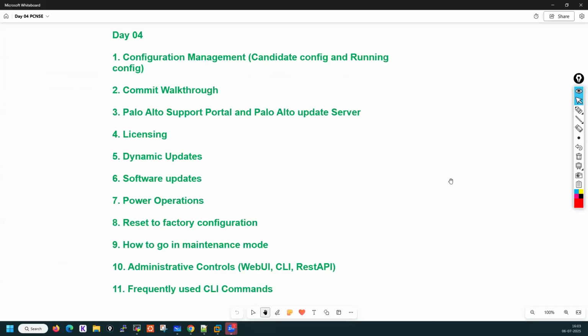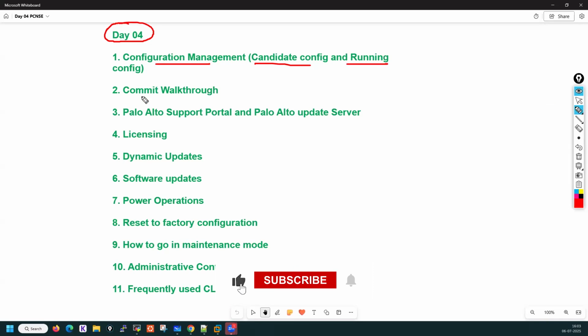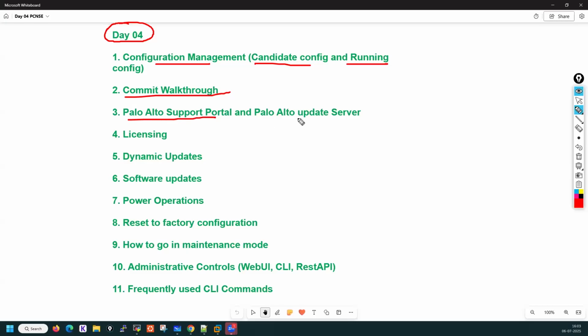Good afternoon, everyone. So, this is day 4 of our Palo Alto Firewall training. In today's class, or generally in day 4, I basically give you the idea about configuration management, where we will discuss what is candidate config file, what is running config file, commit walkthrough, Palo Alto support portal and Palo Alto update server, licensing, dynamic updates, your software updates, power operations, how we can